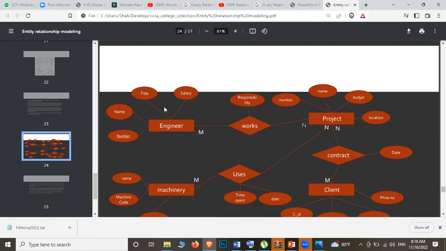And here, according to the diagram, the engineer's number is the primary key. බලන්න ඒකත් මෙහෙම point out කරලා තියෙනවා. And ඔයාට පුළුවන් name කියන attribute එක furthermore divide කරන්න නේද? It's a composite attribute, isn't it? And title is going to be 1, isn't it? So that is a single value attribute. And salary එක බලන්න පුළුවන්, but from what? That is a kind of what?